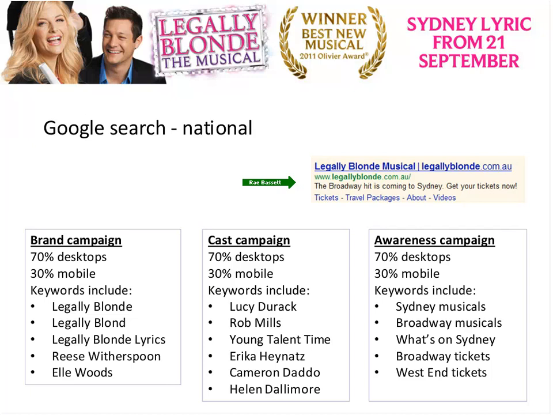And then at the bottom you can see we also have links direct to the tickets page, travel packages page, our about page and videos. You do still pay for anyone who clicks on any of those sublinks, but it increases that click-through rate.